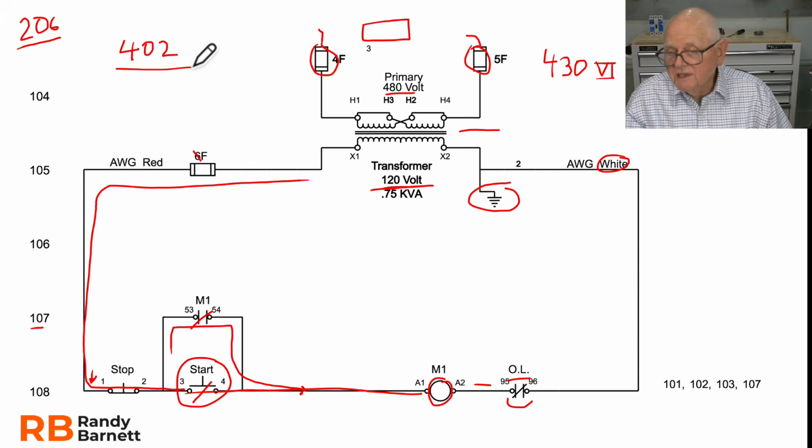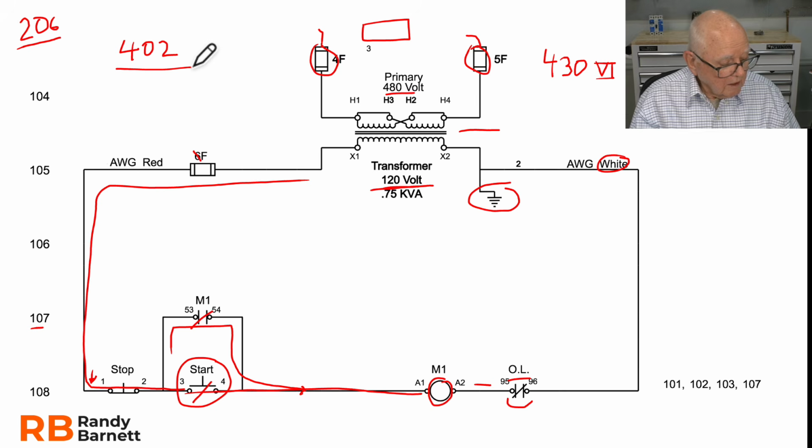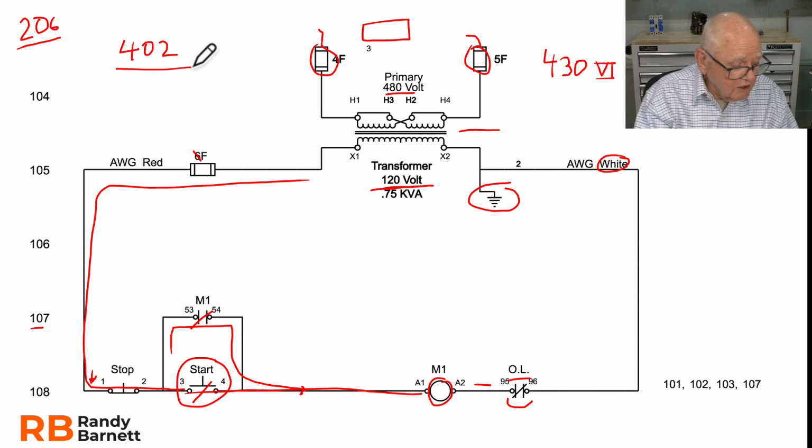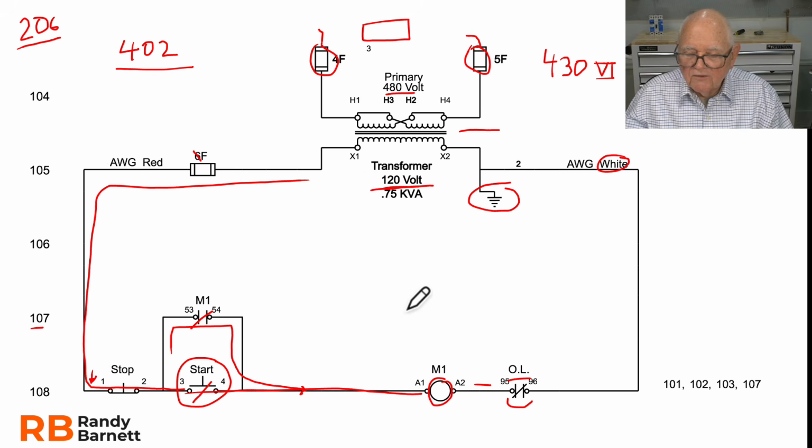And it references the table in Article 402. And it's pretty simple to read. Once you look at it, it says for 18 AWG copper, if the load is no more than 6 amps, I can use 18 AWG copper. If it's no more than 8 amps, my control circuit load, then I can use number 16 wire. Well, we already looked up the manufacturer's information, didn't we? And we said that